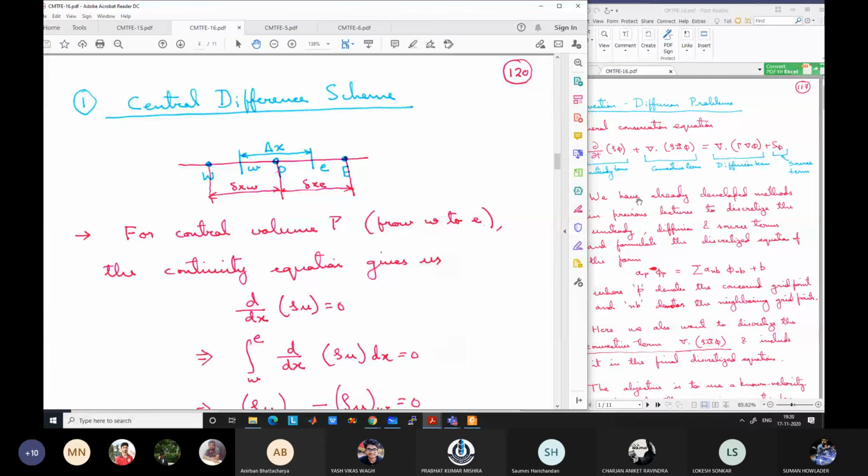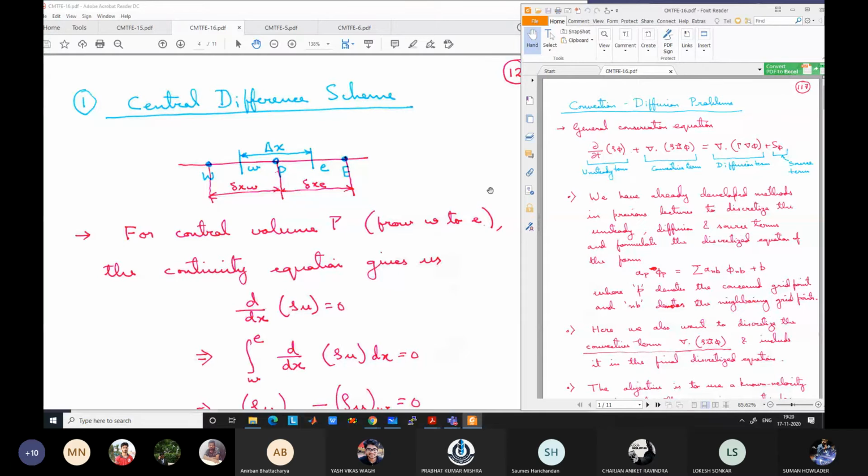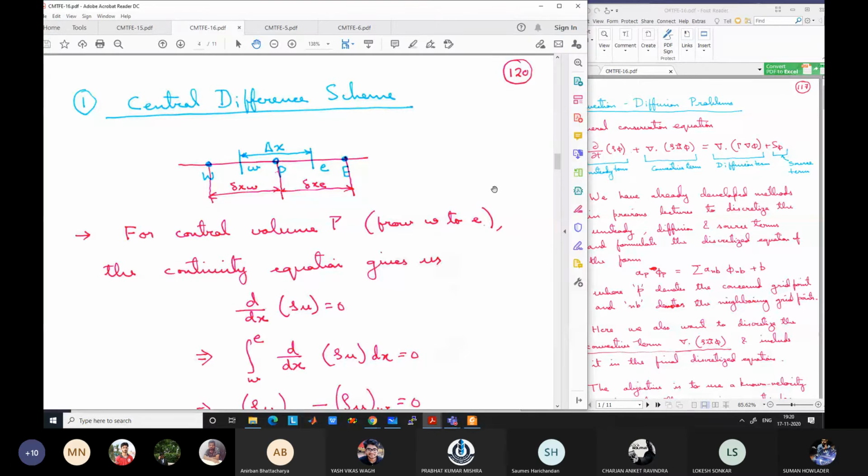Again, for the old students, it might be a revision for you, because you already know these things. These are very standard but very important parts of the course. Without knowing this, you cannot develop the insight. You might be blindly able to run ANSYS and solve some cases, but you won't know whether a scheme is appropriate for a certain condition.